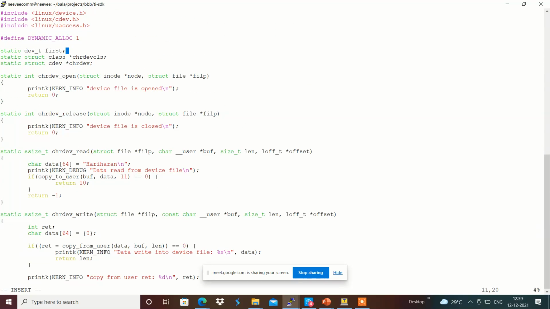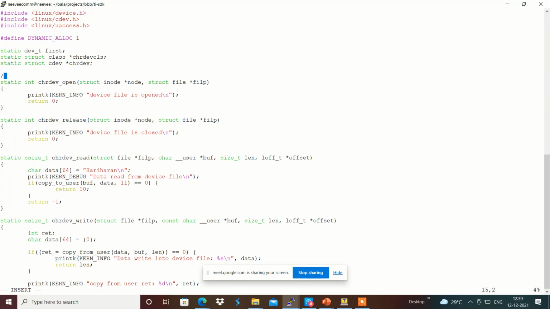For example, opening the device file open will initiate this callback function using the driver linking over here.